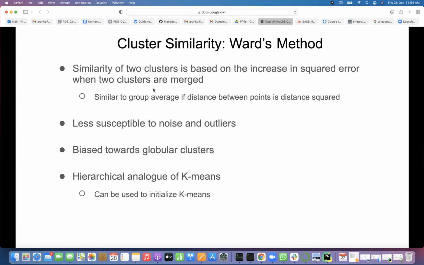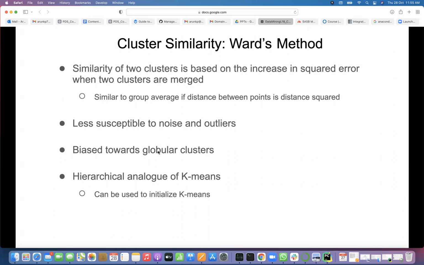So when you merge, you again find the SSE. The pair for which you get the smaller SSE is merged. It is less susceptible to noise and outliers, and biased towards globular clusters.